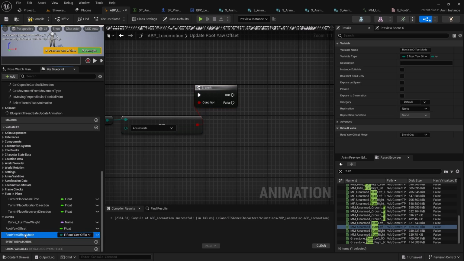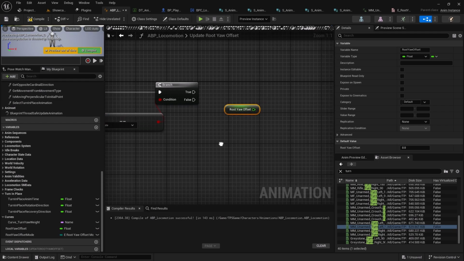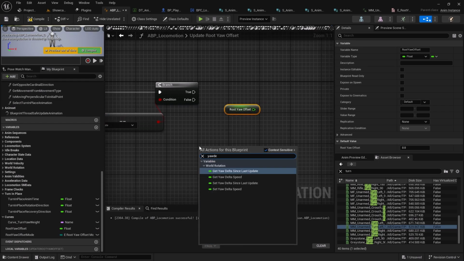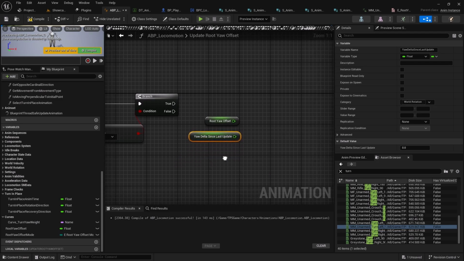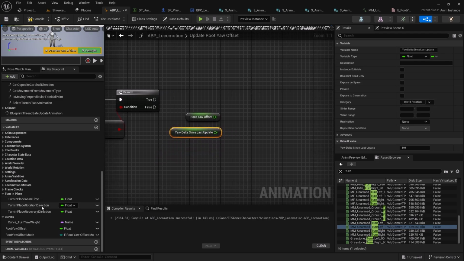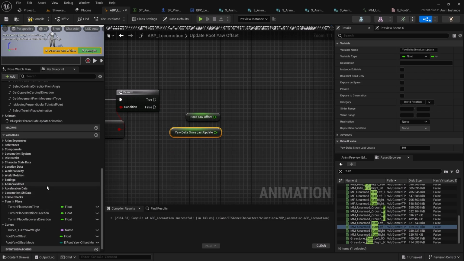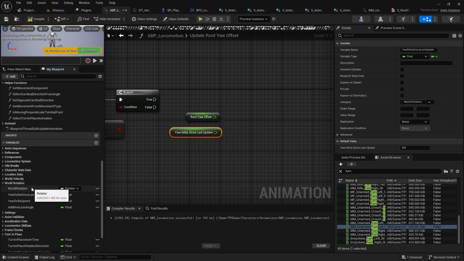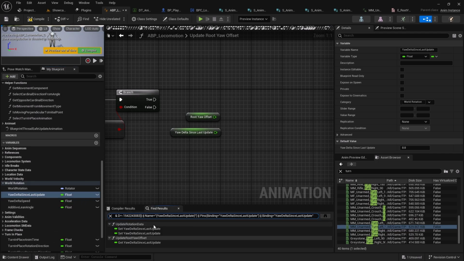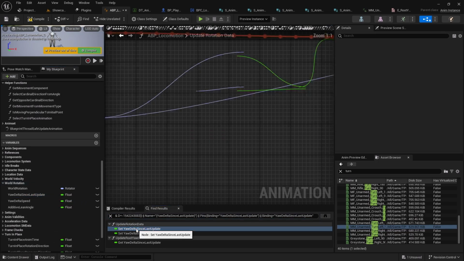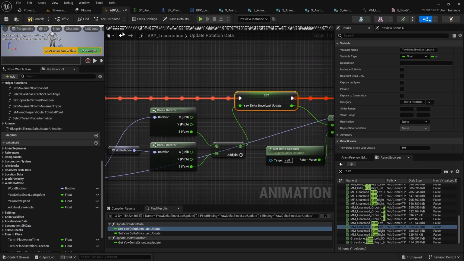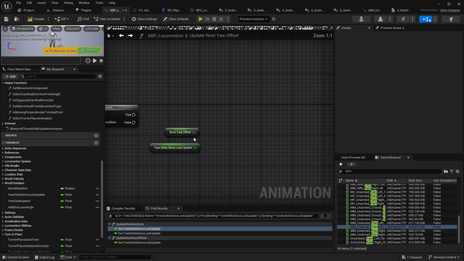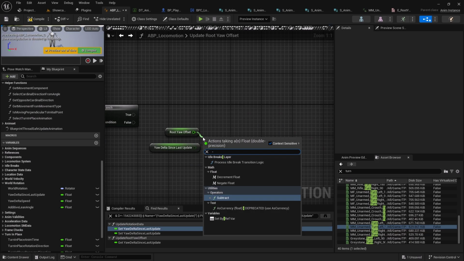We have to get the existing root yaw offset. Do we have yaw delta since last update? We have the yaw delta since last update, and I think this one comes from world rotation, right? Here in the set update rotation data, we actually calculate that yaw delta since last update, so we can use it here as well. Let's get the difference,